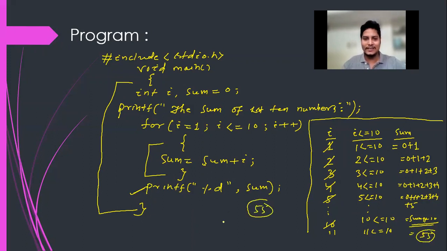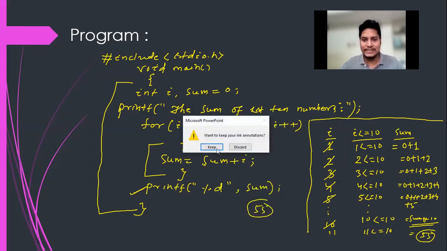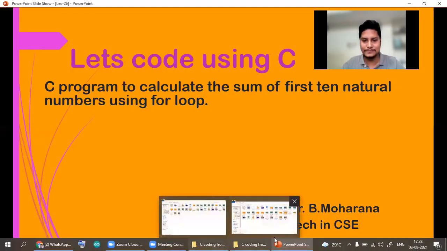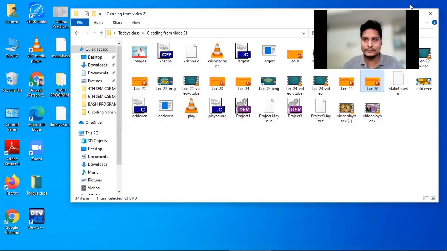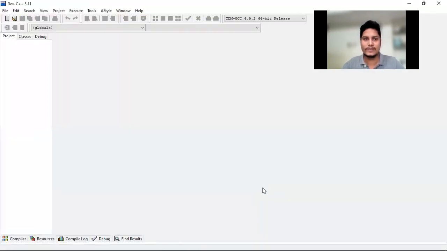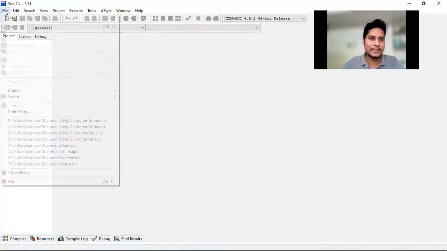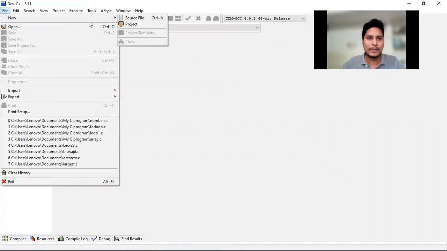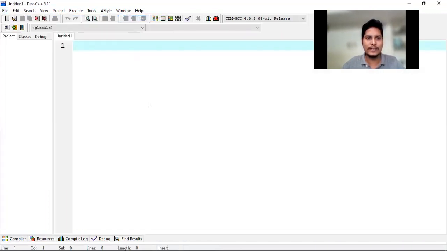So let's execute it within my Dev C++ editor and see how it is working. Here I have opened my Dev C++ editor. From File, I have selected New, then Source File.